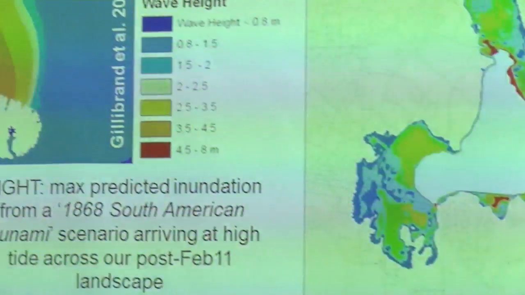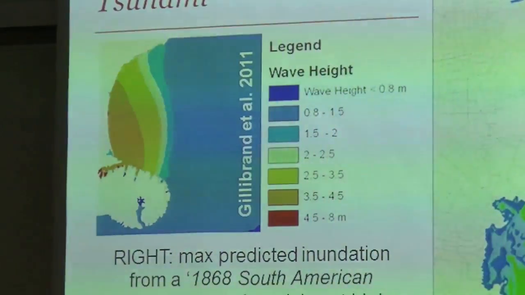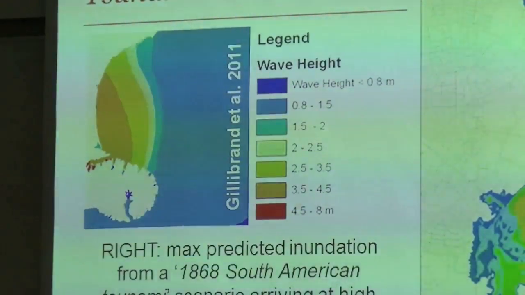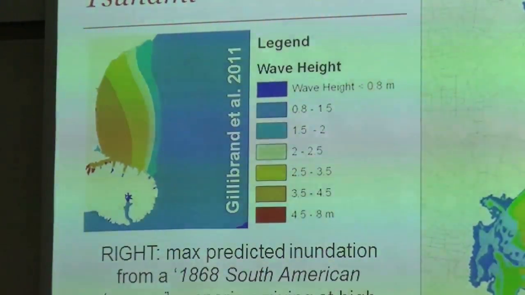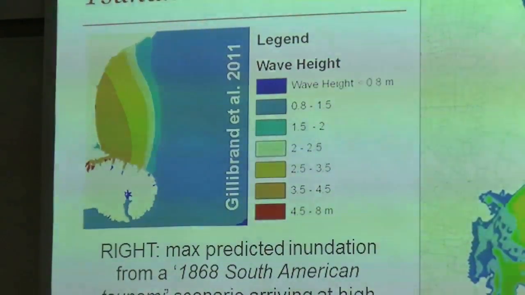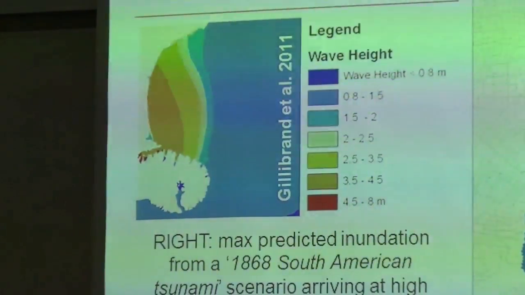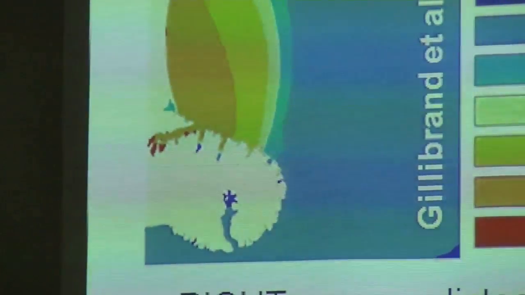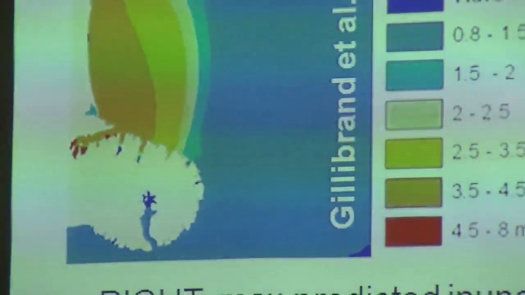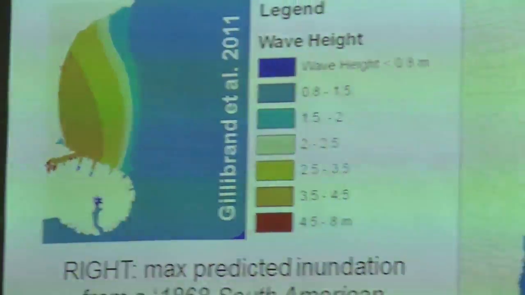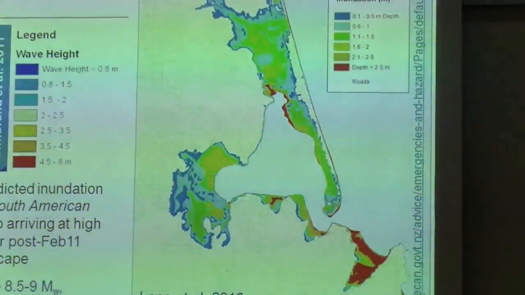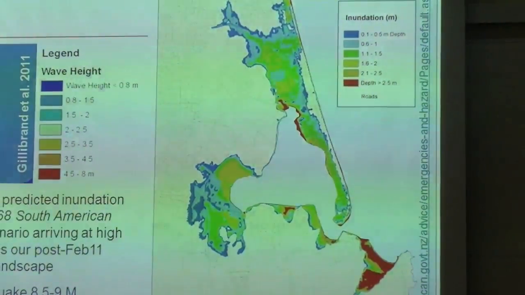The modelling here shows you wave heights in our nearshore environment. So this is not on land yet, it's just out in the coastal environment. But I put this map in to show you that embayments, narrow areas like Lyttelton Harbour, are our most vulnerable environments to tsunami hazard, because tsunami waves grow and get amplified as they're funneled down embayments. But the estuary as well, this is our 1868 tsunami wave coming at high tide across the lowered land levels after the earthquakes. And you can see the vulnerable areas around the estuary. But these are areas that are vulnerable today.